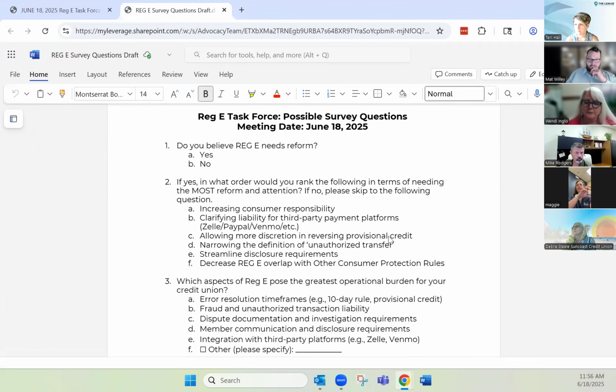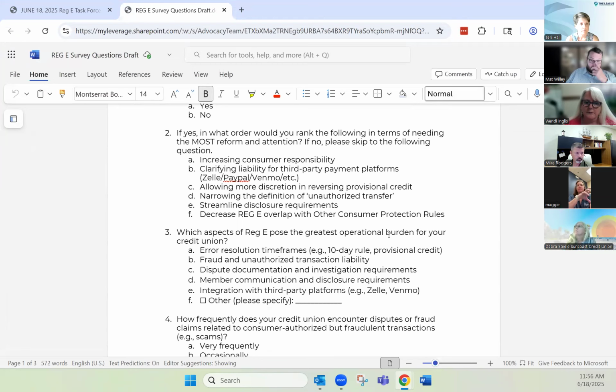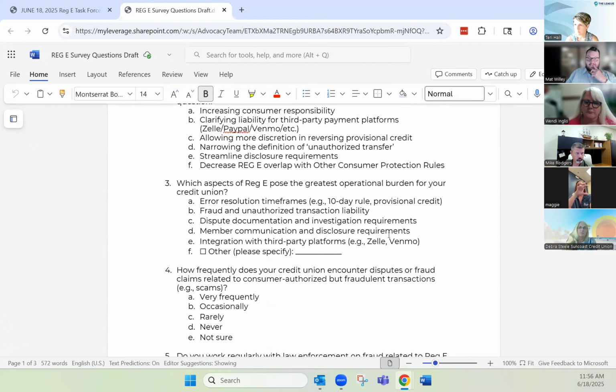Were there any really strong opinions about anything that needed to be removed or added? Because this information, I think, is really what is going to help drive what we're getting back from credit unions about what needs to be changed. I did ask Matt, I think at some point we have to quantify some of the work that we have to do and some of the dollars that have been lost and some of the hours that it takes because our